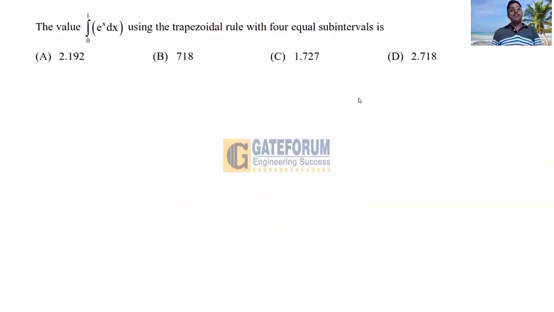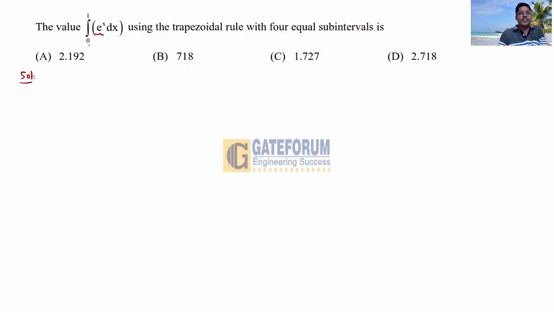The question is the value of integral 0 to 1 e power x dx using the trapezoidal rule with 4 equal subintervals is. 4 options ABCD given. This question is from engineering mathematics from the topic numerical methods, subtopic numerical integration, 2021. The solution is,